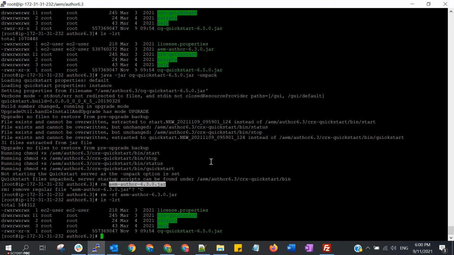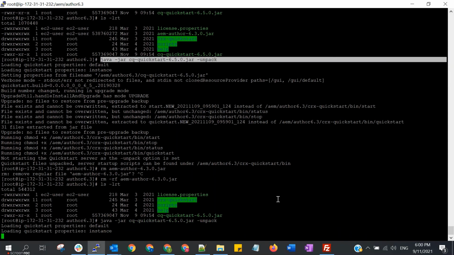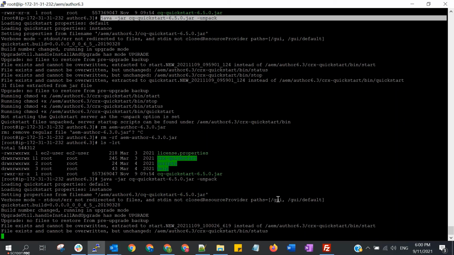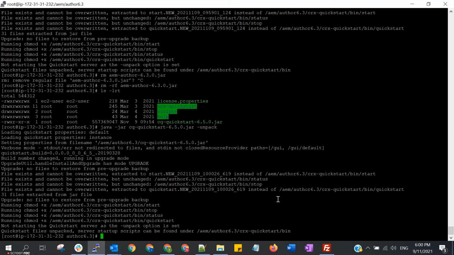Okay, now it's gone. After we remove the old jar, let's run the unpack command again. Okay, it is done.